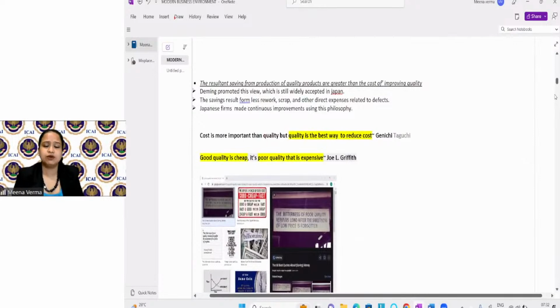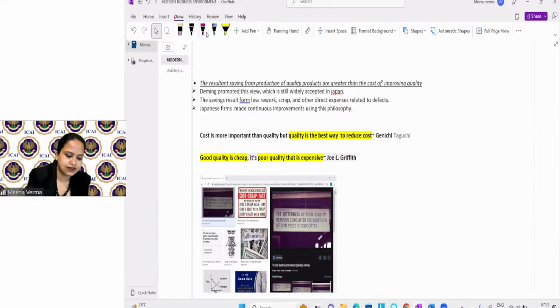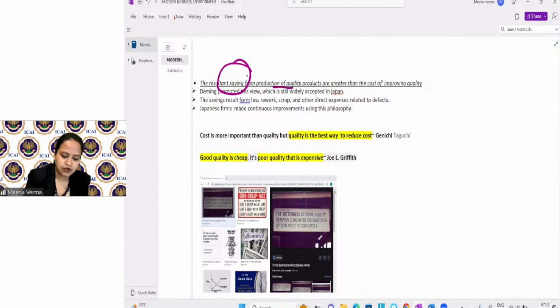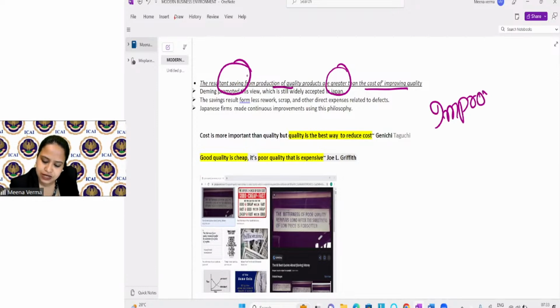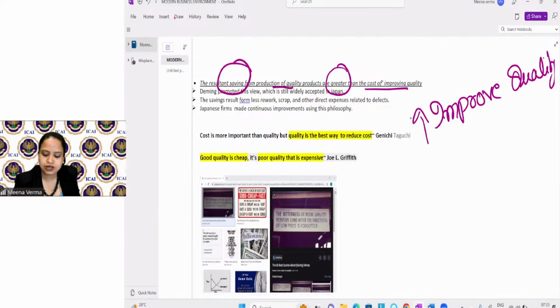Now see, the second point for the quality. So the second point has mentioned that resultant saving from production of quality product are greater than the cost of improving the quality, right? If you improve the quality, see what is the meaning of this? Let's try to understand. If you have done something to improve the quality, and maybe you have incurred some cost here, right,